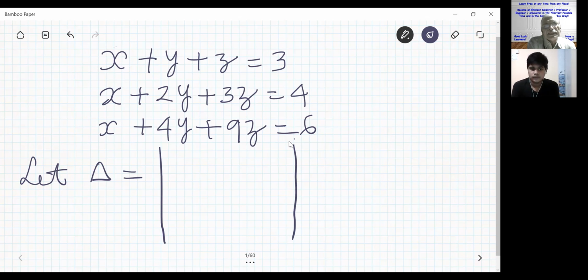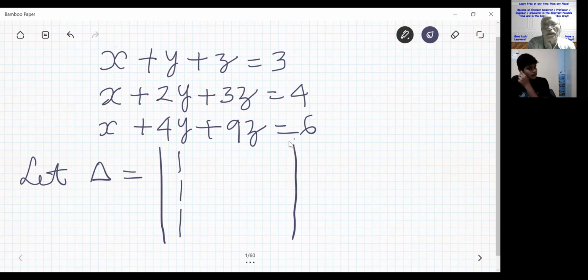What are the coefficients of x here? 0, sir. There is 0 means the term will not be there. 1, sir. 1. Because 1 into x we will not write. So if coefficient is not seen, that means it is 1, not 0. 0 means we don't write that term. Yes, sir. So first column you will get 1, 1, 1. Correct, because only coefficient of x we write. So 1 here, 1 here, 1 here.